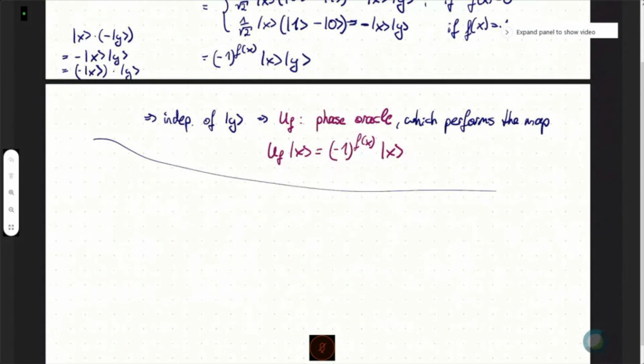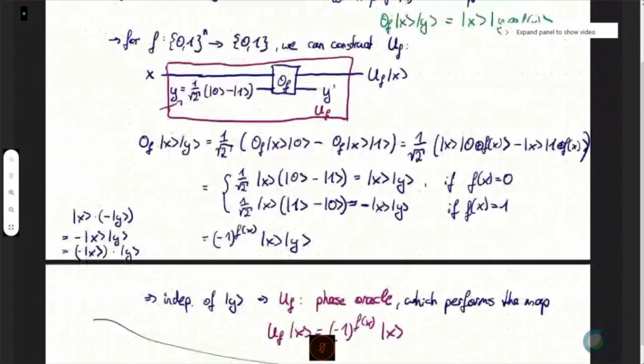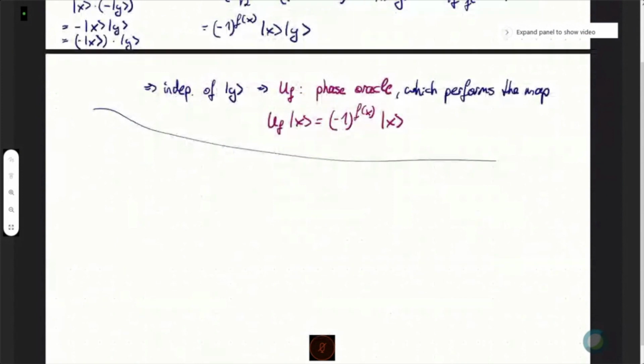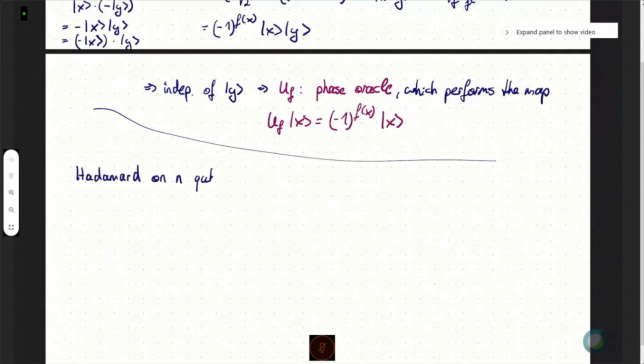Okay. So the next thing that we need in order to start with the Deutsch algorithm is to look at how the Hadamard gate, which we learned about yesterday, acts on n qubits. There's a nice way to write down its action on n qubits. So let's recall from yesterday